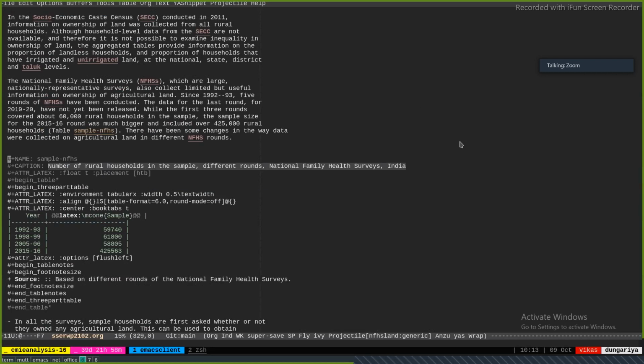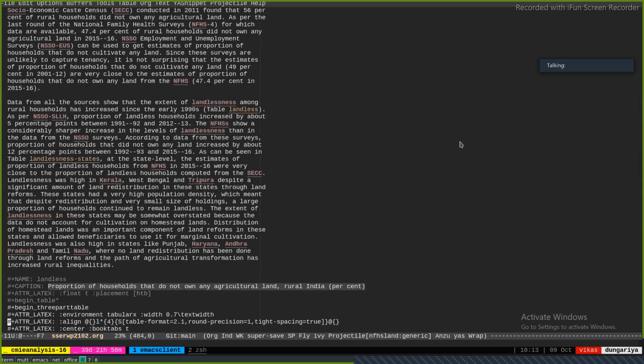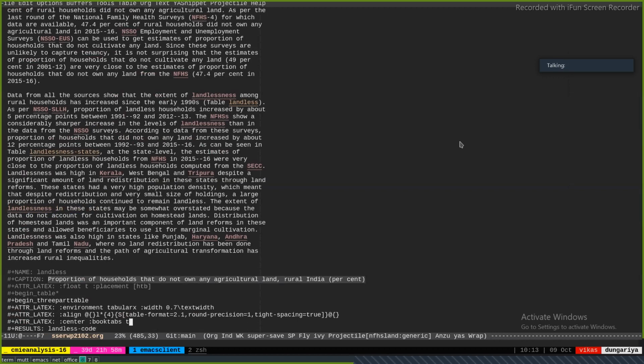Now here, look at this. I've said half of text width. If I didn't, it would not do this. This says 0.7, 70% of the text width.